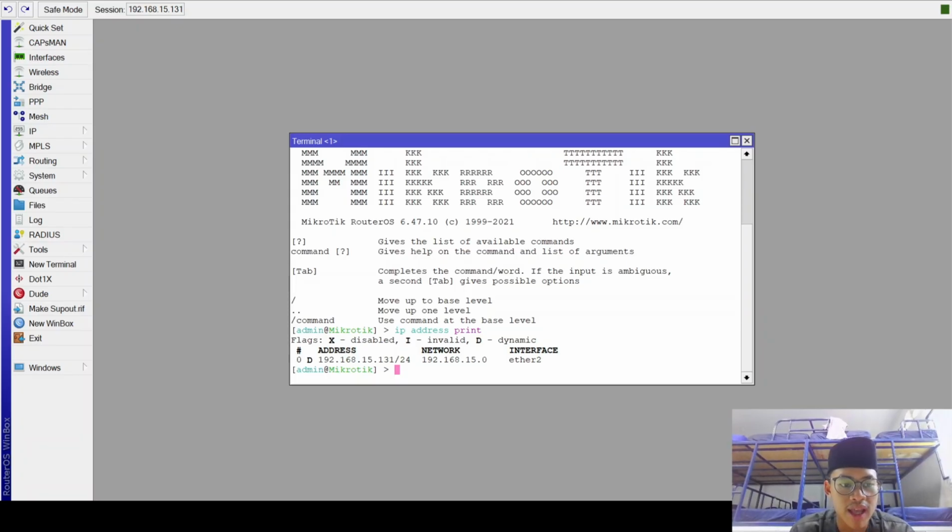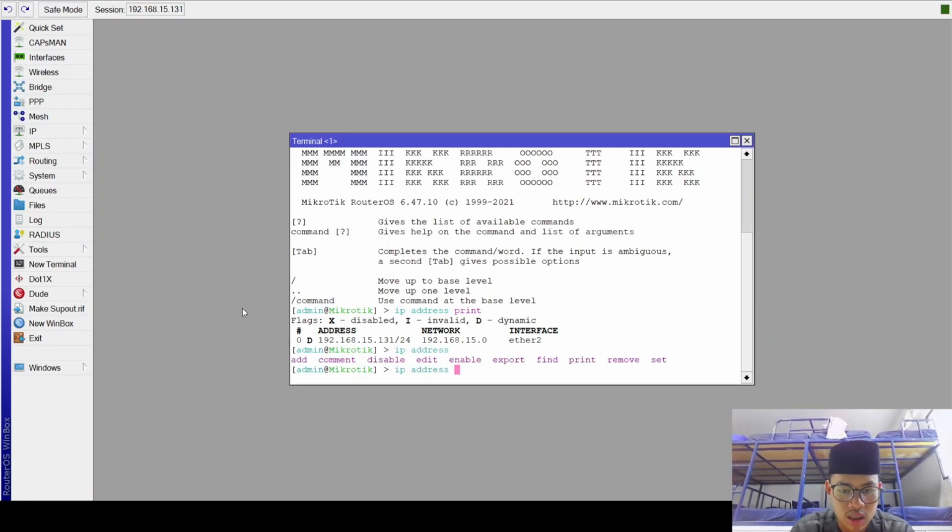And if you wanna add a new IP address, the command is like this: ip address add address, for example 192.168.168.1/24 and interface ether1.